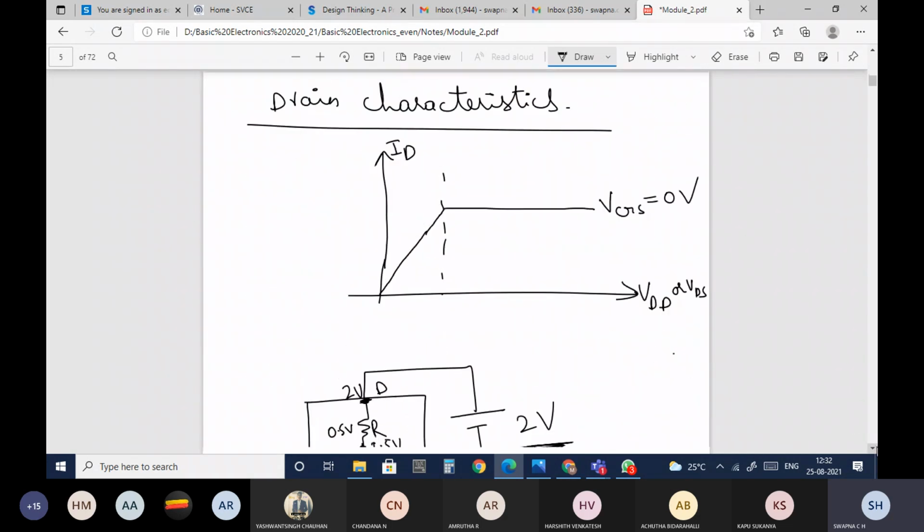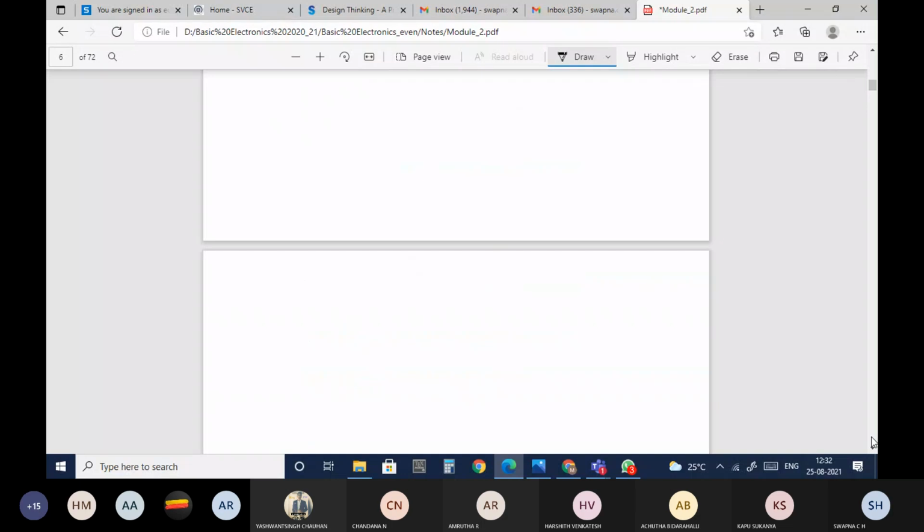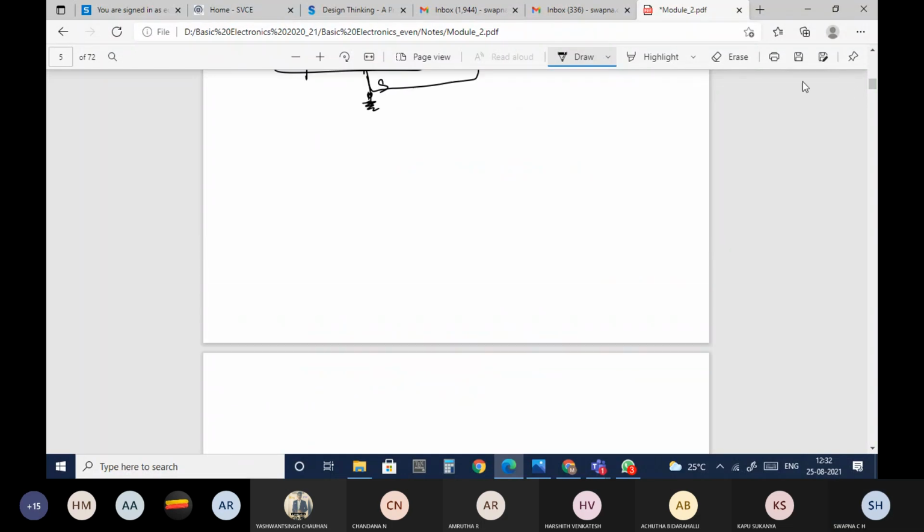Now what will I do? I will not make VGS equal to 0, but I will provide some voltage there. This is again N type, and on both sides I have P type. A depletion region will be formed.